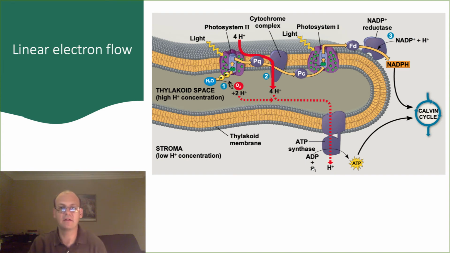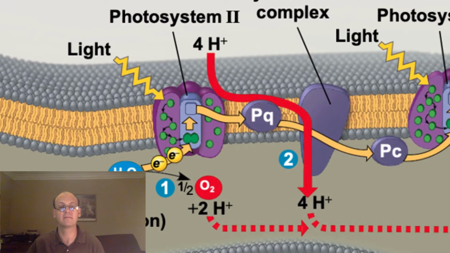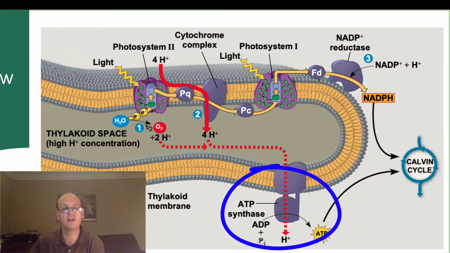So just to recap and take a look at this, putting all of the molecular machinery in the context of the thylakoid membrane. Light strikes photosystem 2 and causes an electron to be excited out of the reaction center into the primary electron acceptor. After this happens, water is oxidized to replace the electrons that have left the reaction center. Electrons are then passed to plastoquinone and then to the cytochrome complex, which pumps protons into the thylakoid space. The proton gradient here is used by ATP synthase to generate ATP, and this is produced on the stroma side